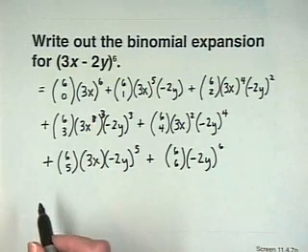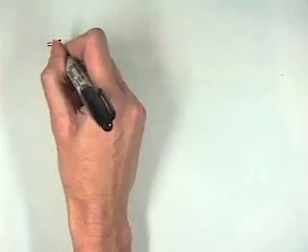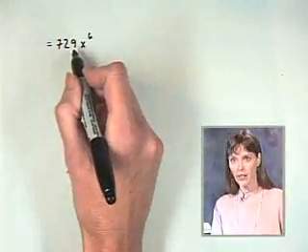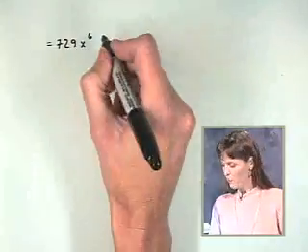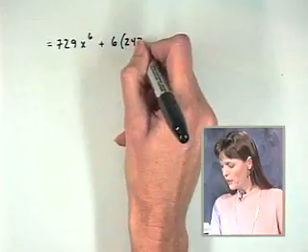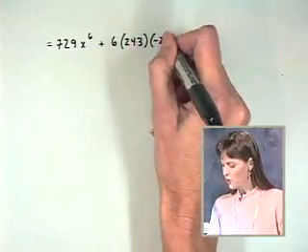Now, we can use our calculators in order to help us evaluate each of these terms. Let me go ahead and write down the middle step as to what we're going to end up with here so that you can double check this as you're going along. Now, we have that this equals 729 x to the 6th, and that 729 comes from 3 to the 6th power, plus the 6 choose 1 gives us 6, 243 is 3 to the 5th power, times minus 2, and